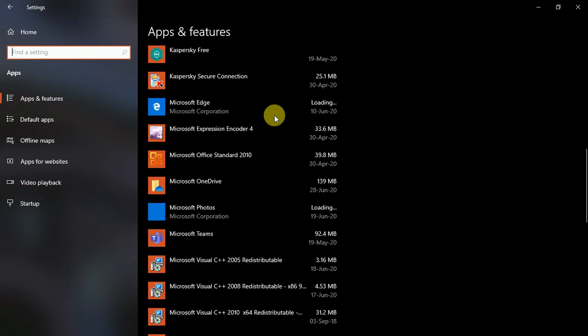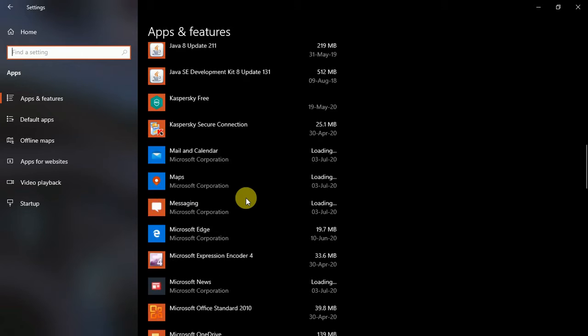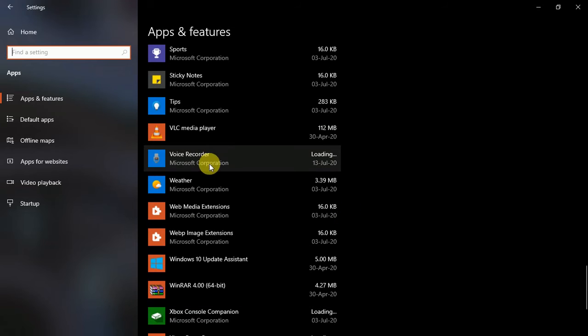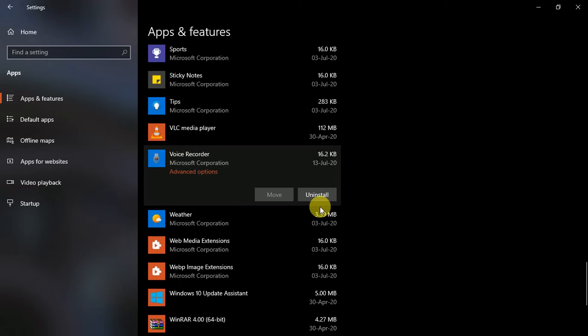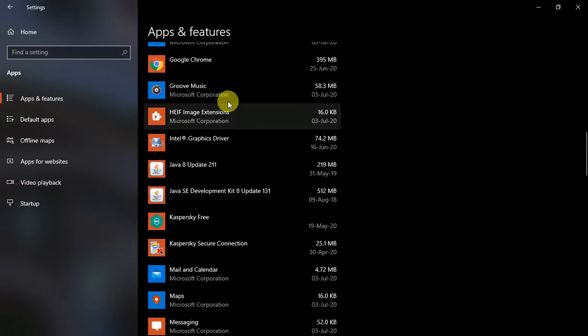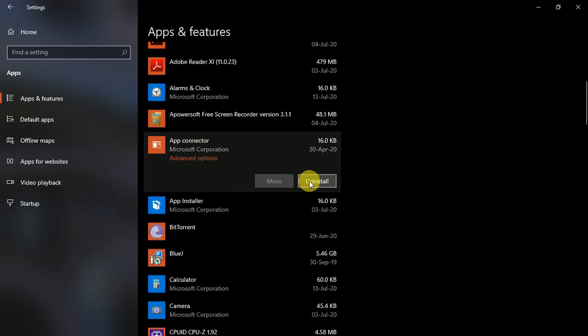Suppose this Microsoft Expression and Cover 4 or the Microsoft OneDrive. From here you can select the app which you don't need, like these apps are there. Just click on them, you'll see an option uninstall. So from here you'll see many apps, and if you think you don't need them, just click on that and just uninstall. Okay guys,